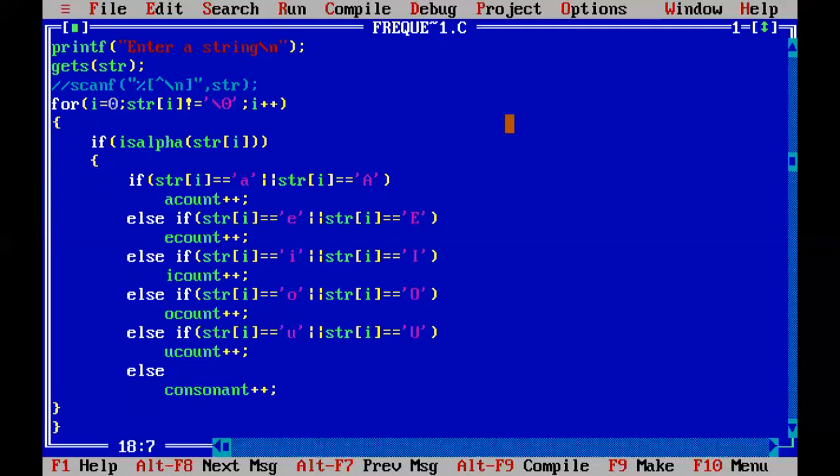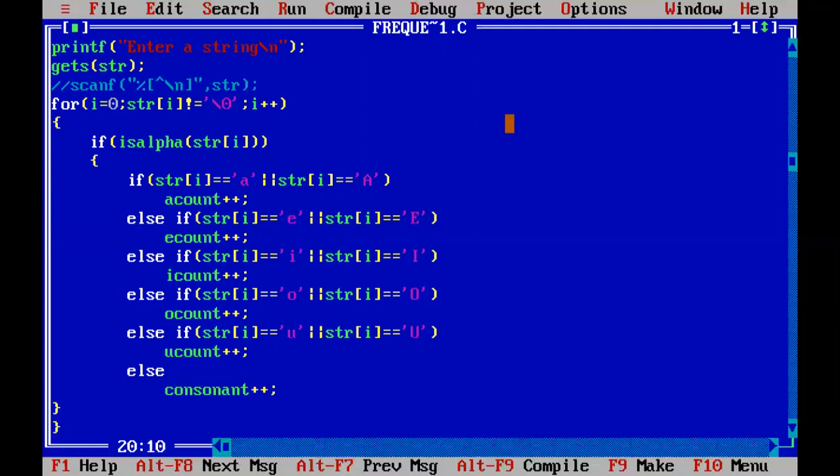So now I have one more if statement. In this if statement, I am going to check whether the particular character is a, that is small a, or capital A. If it is a, I am incrementing the variable a count by 1. If this condition is false, then it will come to the else part.